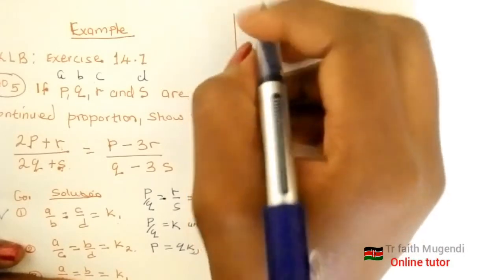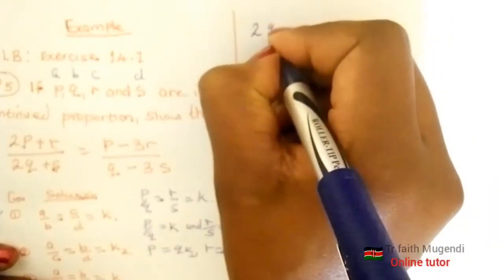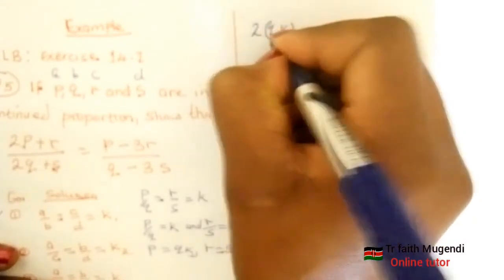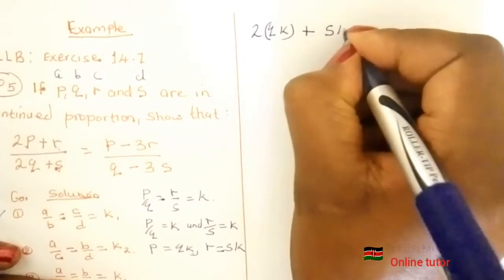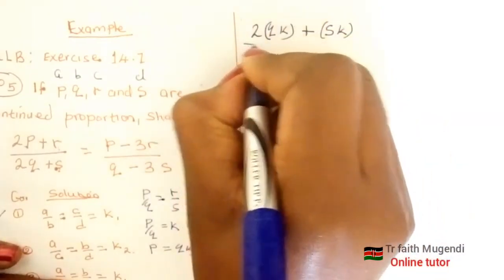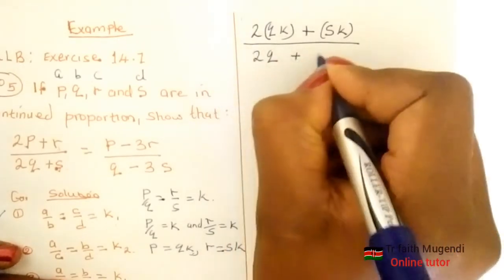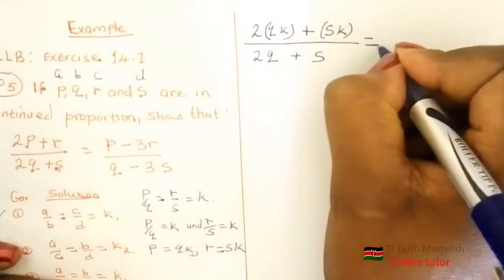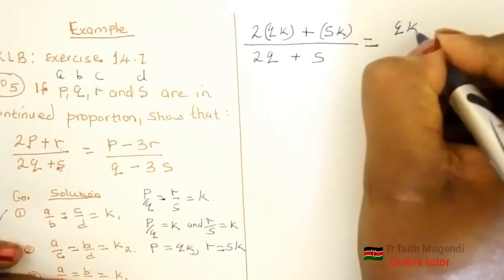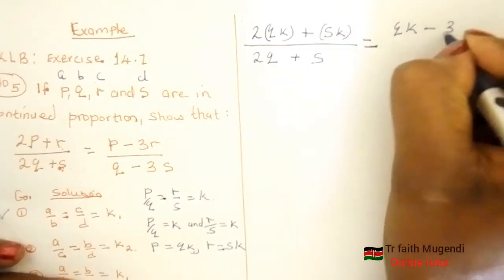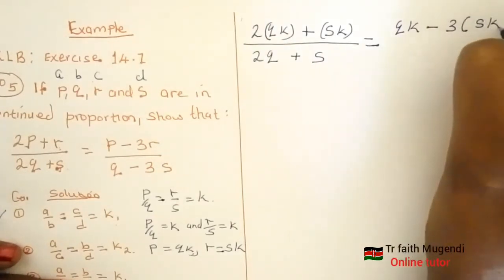Yeah, I know you got it. So 2, instead of P, we write QK, plus, instead of R, we write SK, all over 2Q plus S is equivalent to, instead of P, it's QK, minus 3, instead of R, we have SK, all over